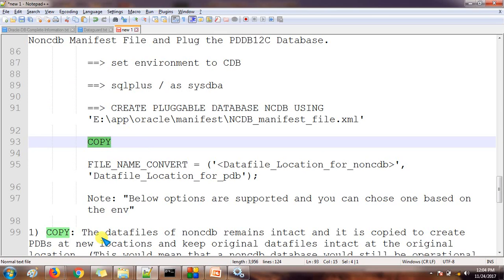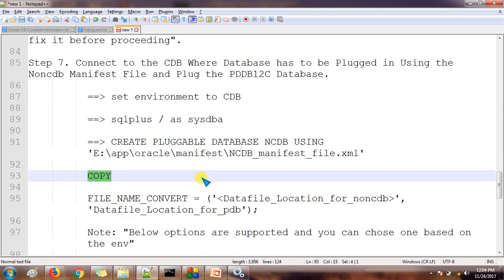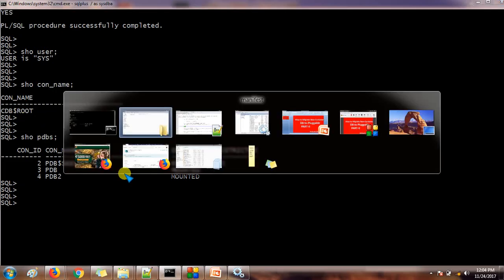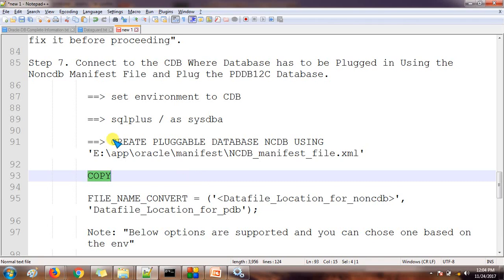At this point, we are not going to use this copy command and this file name convert parameter. We will use the default one only to create a pluggable database. Okay, I am just checking whether I have connected to the CDB. Yes, it is. I am connected to the CDB root only,